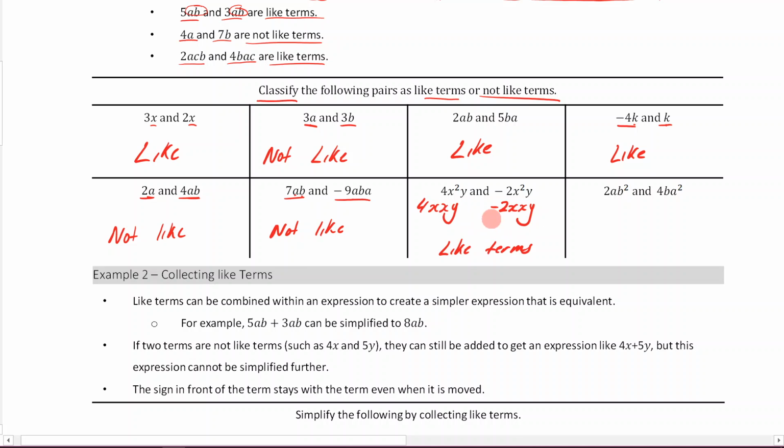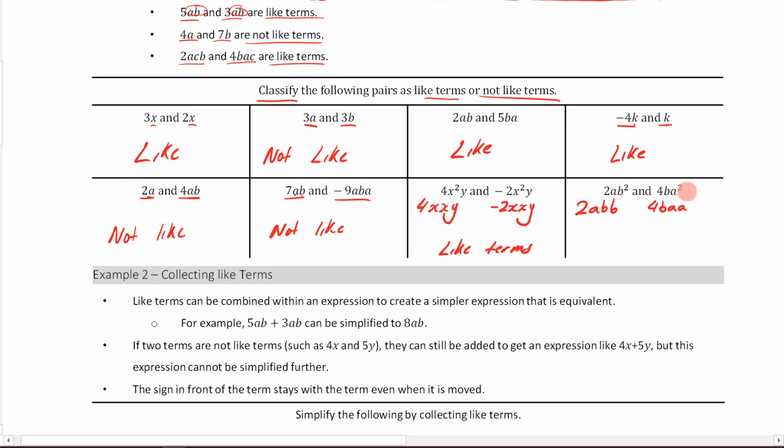So they have exactly the same pronumerals. Let's now answer this one. This is 2ab squared and 4ba squared. If I was to write these out in full, this is 2abb, because b is squared, and over here this would be 4baa,